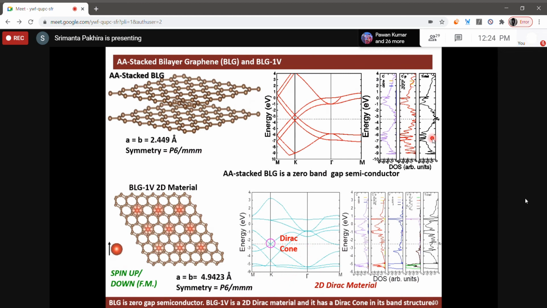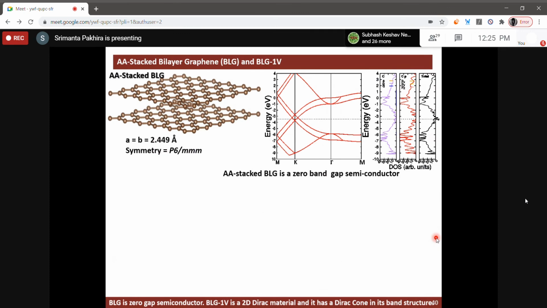Then, in a similar way, when we added the vanadium, we have to calculate the SPDF electronic subshell contribution. Then we found the electronic orbital contribution. When we plotted the D also, what we observed is that DYZ is coupled with the PZ electrons of the carbon. That way we found the Dirac cone. But the interesting thing is that there is a Dirac cone, excellent work, but the density of states is huge, not zero.